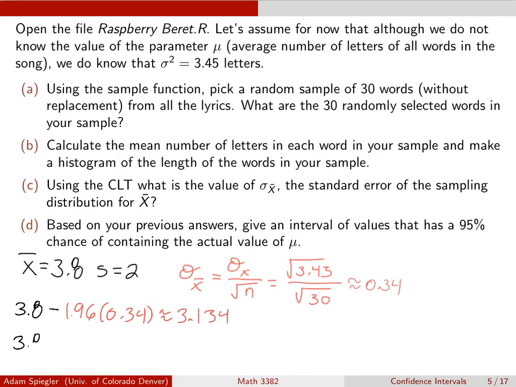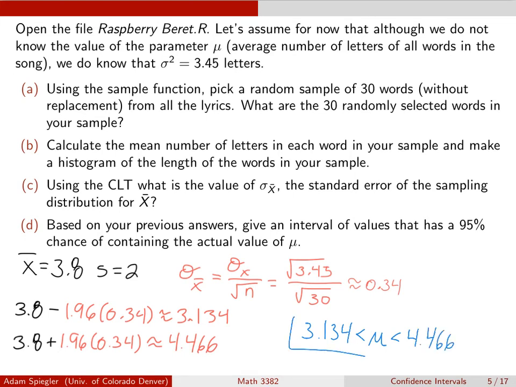And we can get the other cutoff, sorry, I forgot the 4. We can get the other cutoff by going 1.96 times the standard error above the sample mean. So now I add 1.96 times 0.34, and that's going to give me the other cutoff, the upper cutoff for this interval, which is about 4.466. And so now we've got our interval. So if I go from 3.134 up to 4.466,